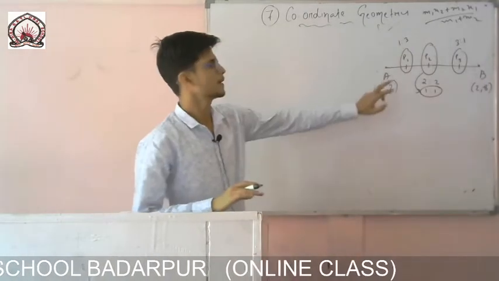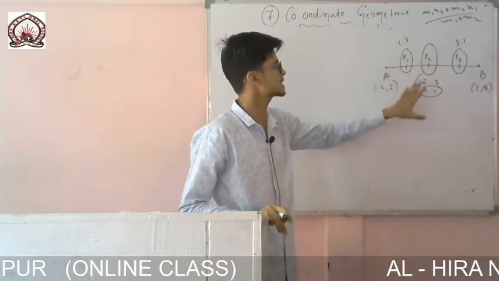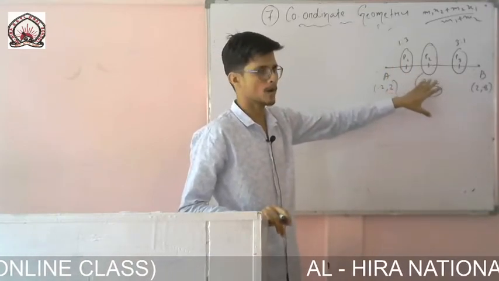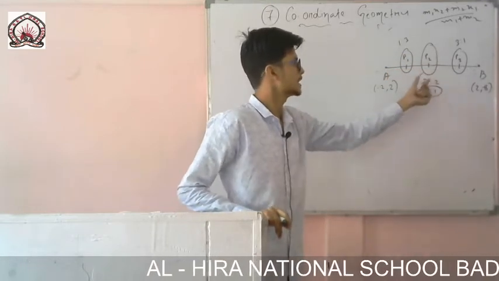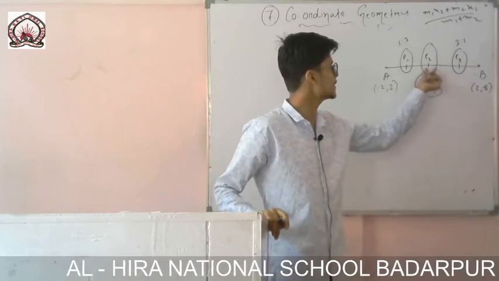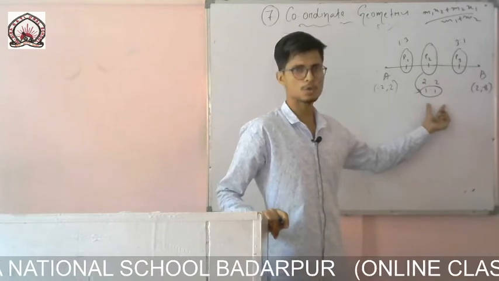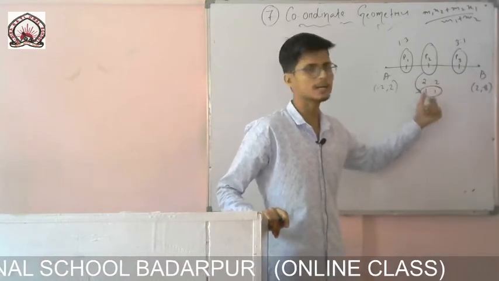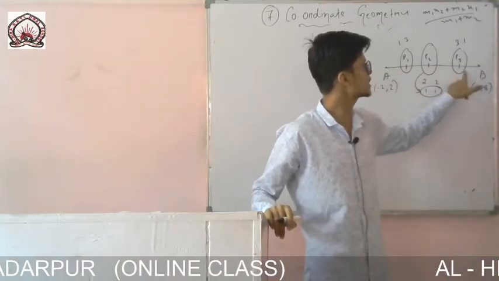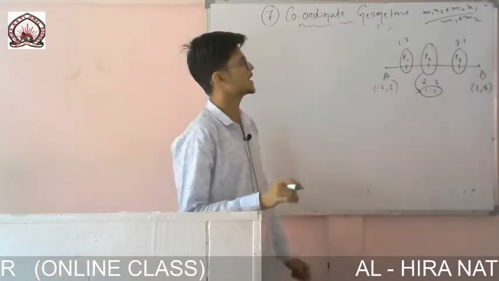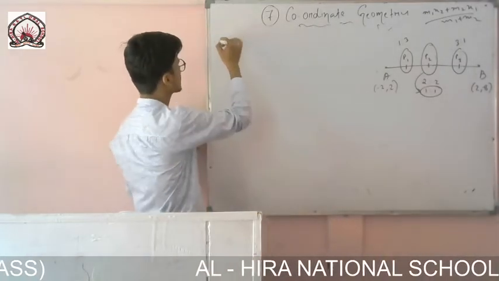So you see here what I have done. I have found the ratio in which P1, P2, P3 are dividing this line segment AB. There are 4 parts. So P1 will divide it in the ratio 1:3. They are 1 part and 3 parts. This one is divided in equal ratio. It is the midpoint. They are also 2 parts and 2 parts, which means it is dividing the line in the ratio 1:1. 2:2 means if I cancel, it comes 1:1. And for P3, there are 1 part, 2 part, 3 parts. So 3:1. So P3 is dividing the line segment in the ratio 3:1. Okay. So now let us write for question number 9.